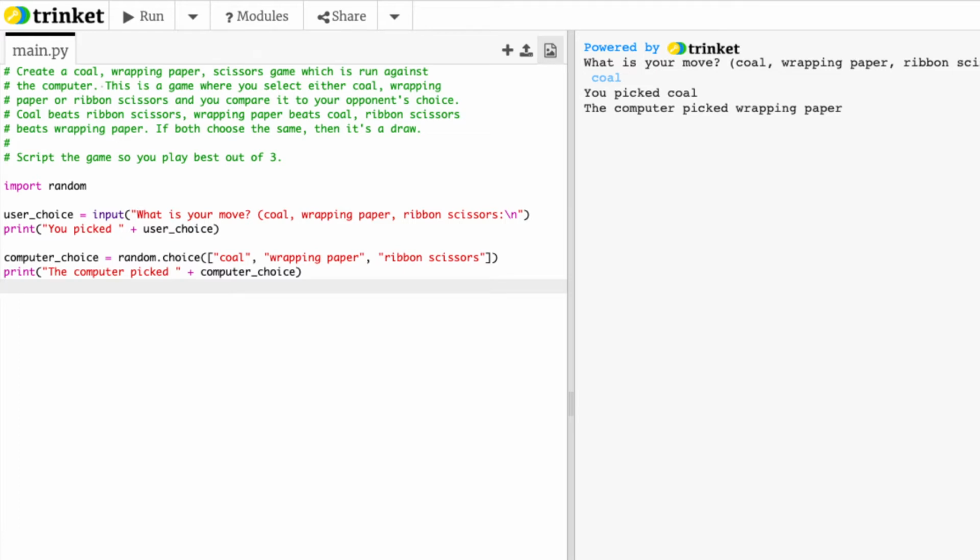So now in our game we have ourselves picking a move and we have the computer picking a move. So now we have to use some logic and conditionals to start playing the game. So what I'm going to do is create my first if statement, and it's going to say if the user choice is equal to coal, and within my if block I'm going to create another if block, so this can kind of be seen as a nested if block. So I'm checking if my user choice is coal and my computer choice is wrapping paper,